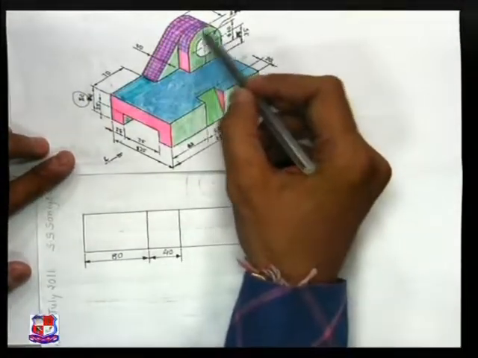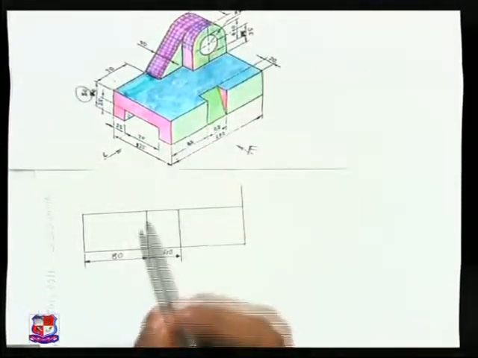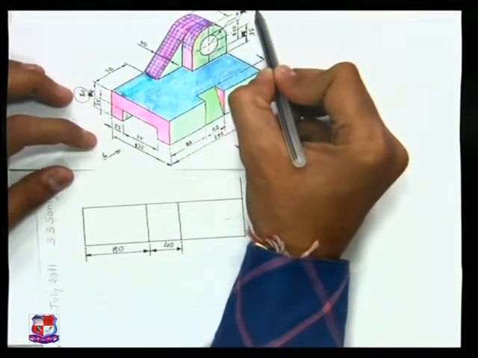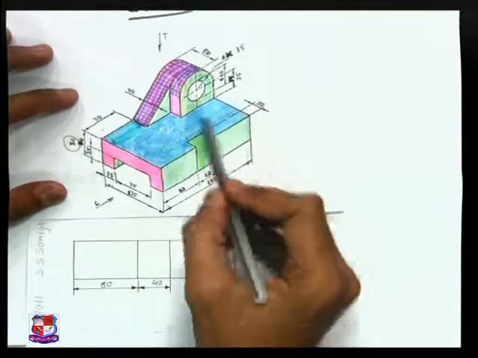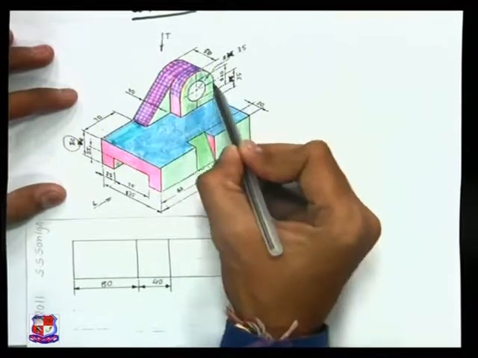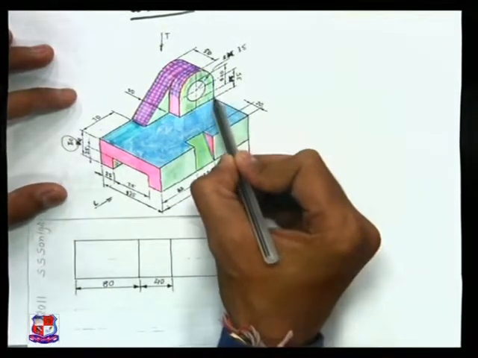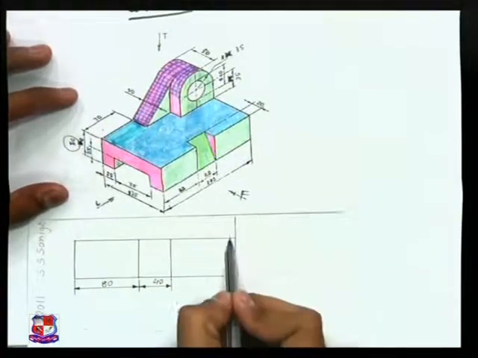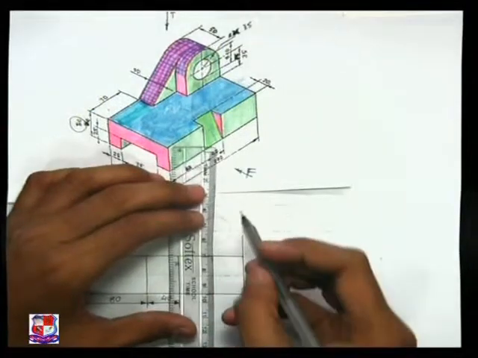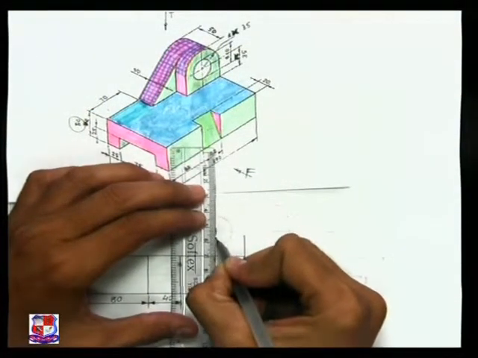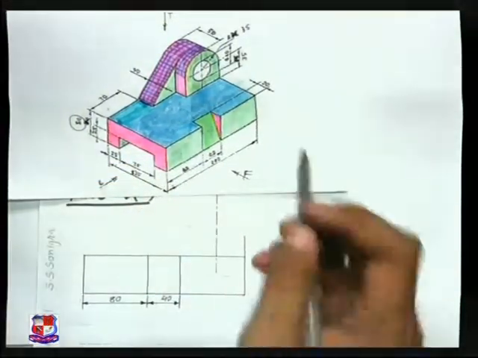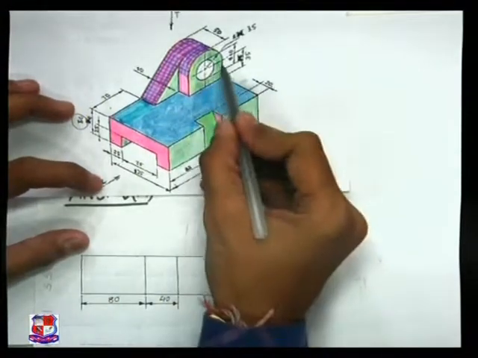Now think about this object. Here the radius of this arc is given, that is R35, written over here. R35 means this radius is 35 mm, so total width would be 35 into 2, 70 mm, and the distance from this edge to this edge, here to here, would be 35. So from this edge at a distance of 35 mm on the left side, draw a center line like this. Because this center line represents the axis of this circle, which is at a distance of 35 mm from here.